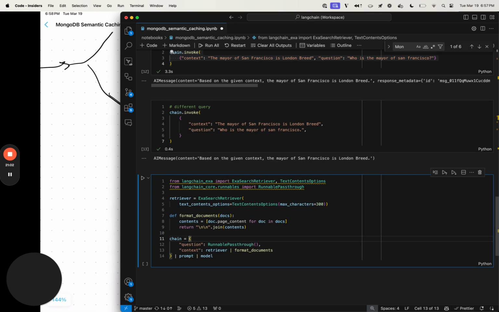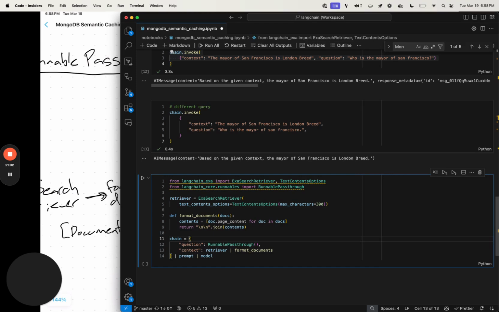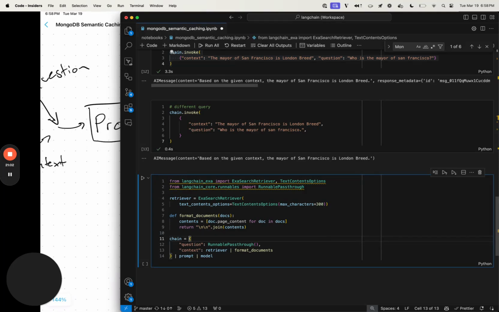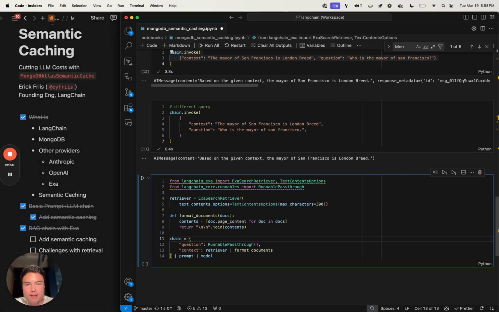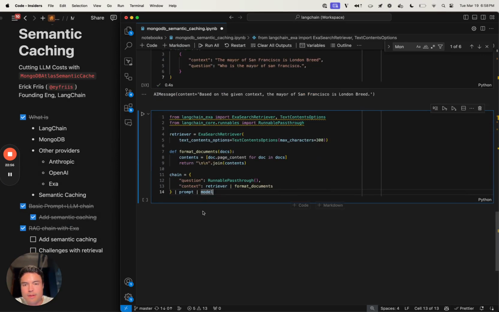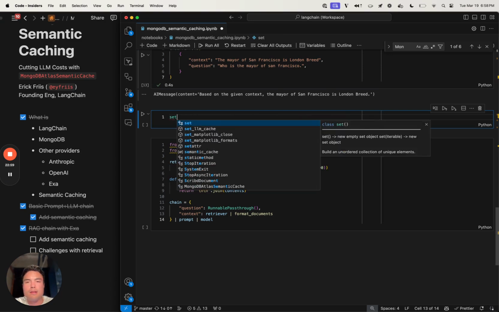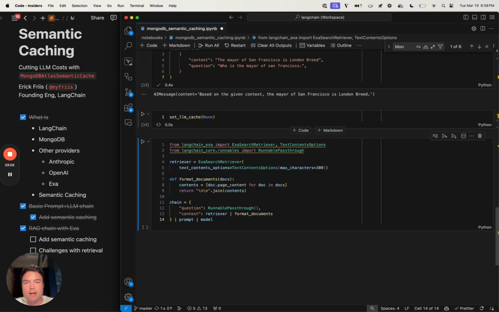And then format docs is going to turn this into a string where it just has all the contents put together. Our prompt is going to turn that into our string of "answer the following question based on the given context." That will become our formatted prompt. And then we're actually just going to use the exact same cache in order to get this working. So in order to debug this at first a little bit, let's actually make the LLM cache None, just to make sure our chain is working before we start relying on the cache. So down here, we will